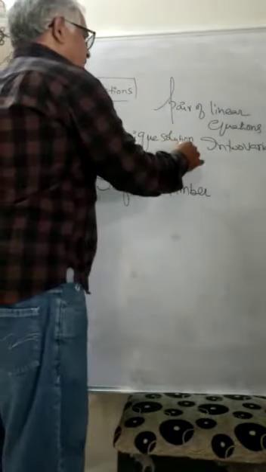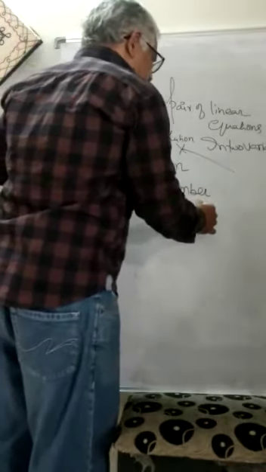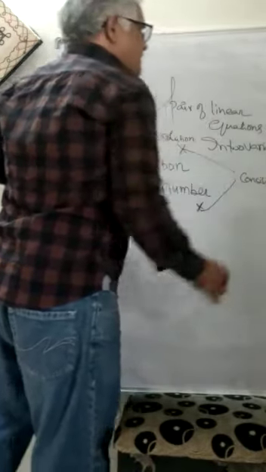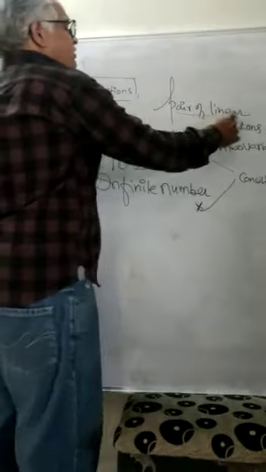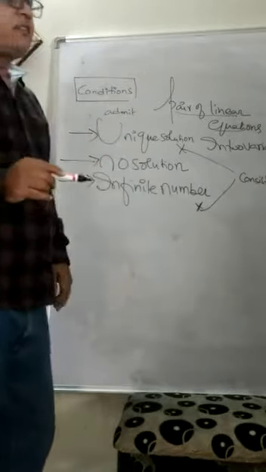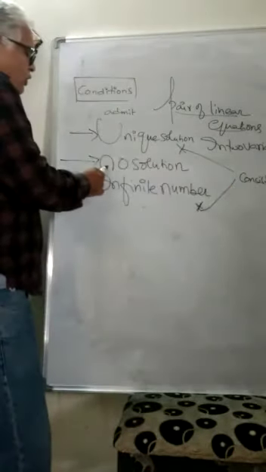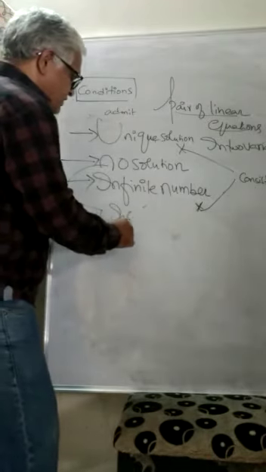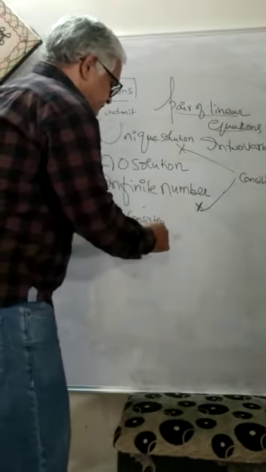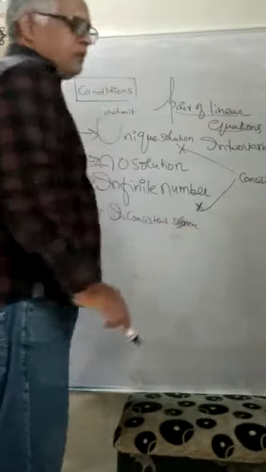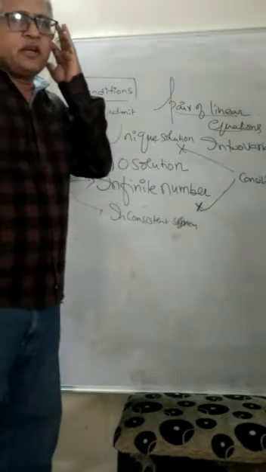Having a unique solution or having an infinite number of solutions is known as consistency. If the pair of linear equations admit, that means they take, either a unique solution, one solution, or an infinite number of solutions, they are said to be a consistent system. If there is no solution, then such a system becomes an inconsistent system.